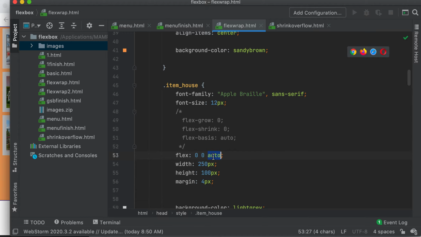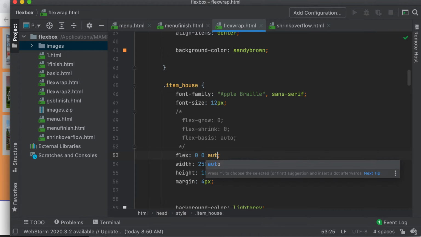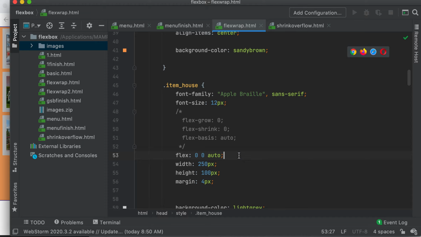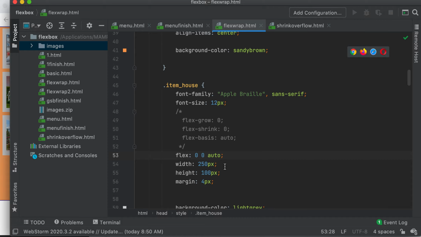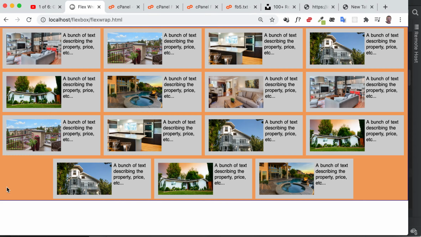Now, I could have also just put 250 pixels right here as well. That would have the same result, right? I could have put 250 pixels here and just done this, because right now our flex basis